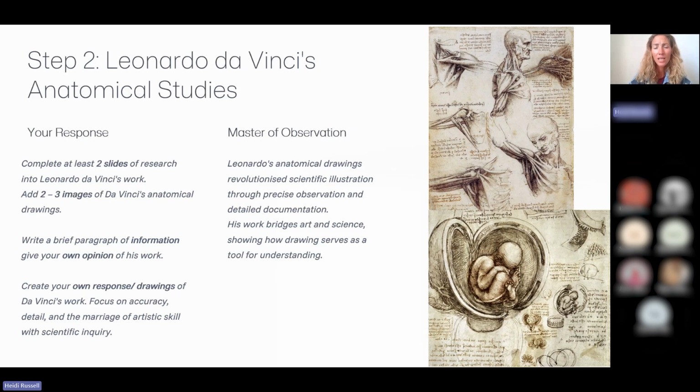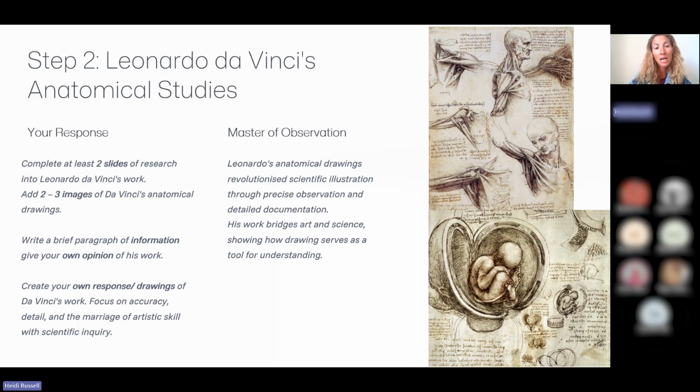He did so many really detailed, really intricate drawings and studies of the muscles, of the bones. I've only got a couple here, but there's some really, really fantastic scientific drawings that Leonardo da Vinci did. And if you think about it, all those years ago, it's incredible that he took the time and really studied every single detail. What's really interesting about his drawings as well, so make sure you, when you type it in, make sure you write Leonardo da Vinci's